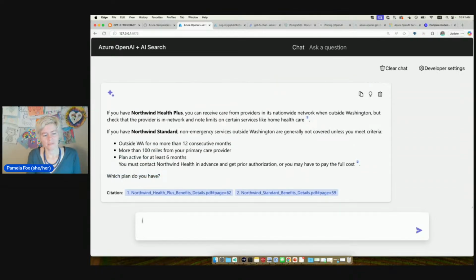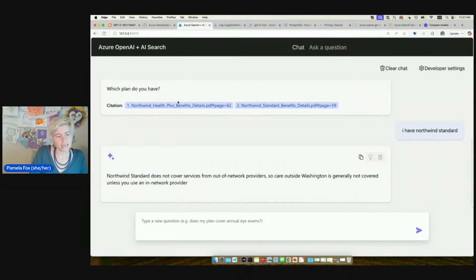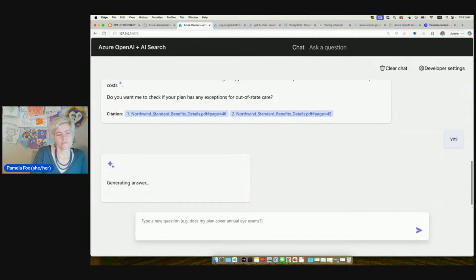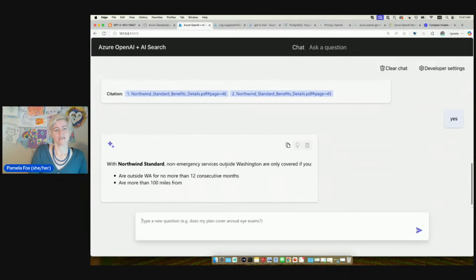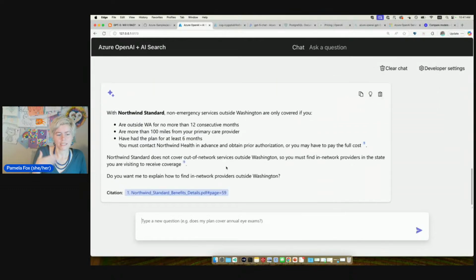And then we can be like, oh, I have Northwind standard, right? And then it'll follow up. So I think that asking clarifying questions is nice. And so generally that's what we're seeing a lot more. Oh, and look, it even has another question. Do you want to check? So it definitely seems like they've done additional tuning on this one to prompt it to continue,